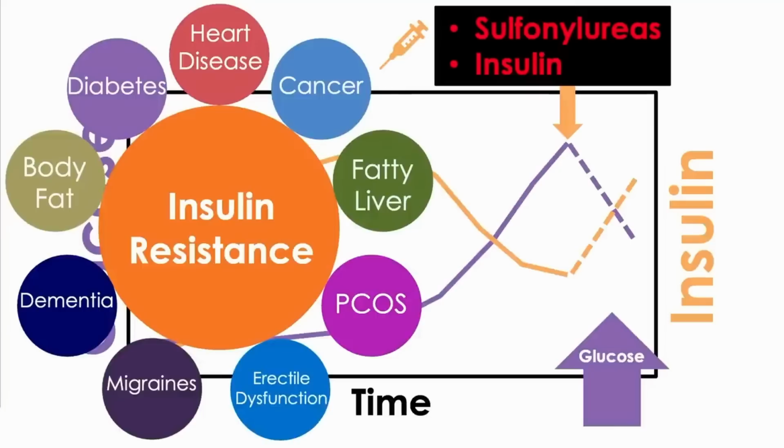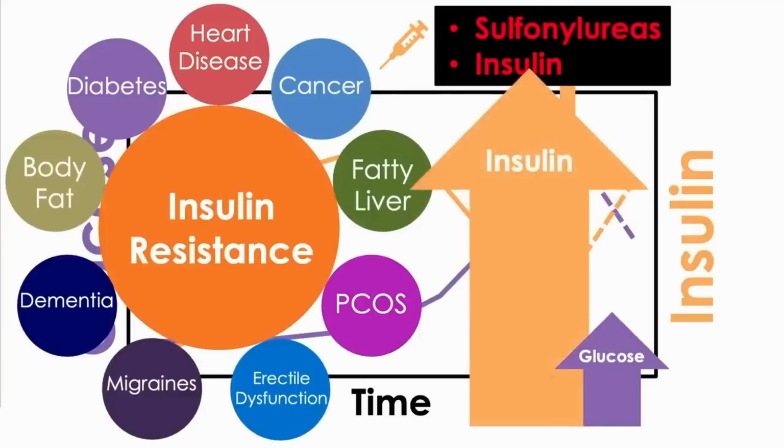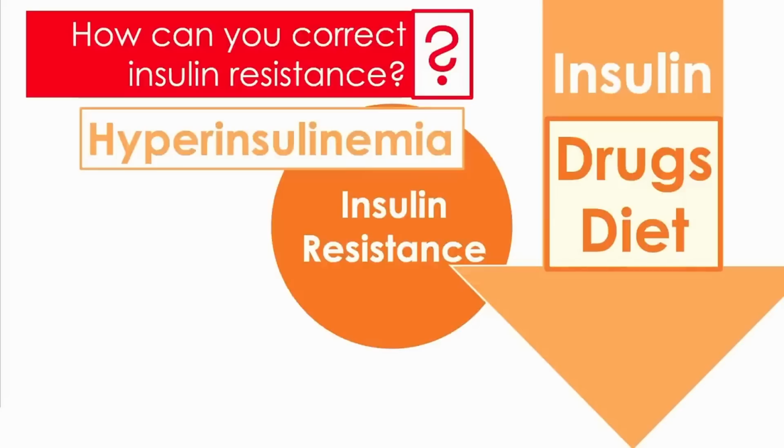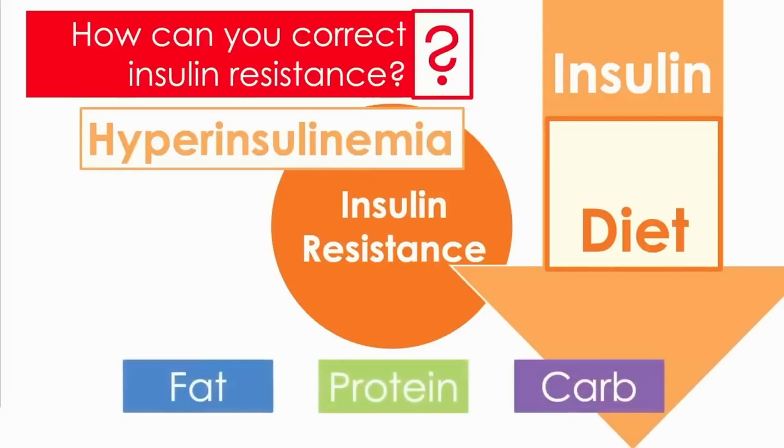In some of them it isn't, directly. But what is directly contributing is the high insulin. It is no surprise then that if our therapy is based on increasing insulin, we're killing them faster. We're killing people. Let's go back to the base cause. If hyperinsulinemia is the primary cause, then lowering insulin needs to be the solution. And we do that through the food we eat. And that's all a matter of managing macronutrients.